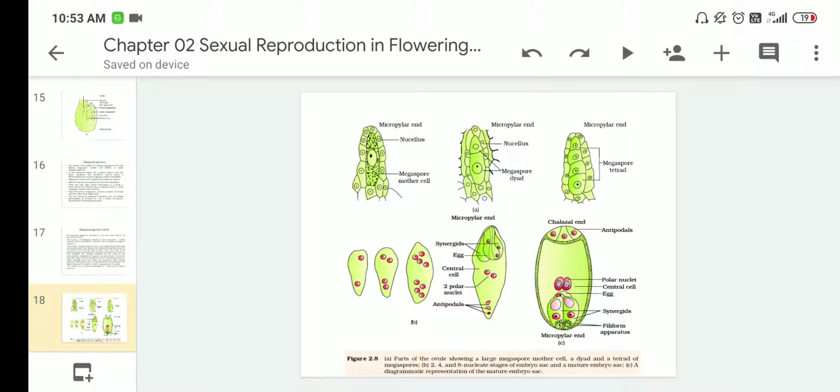Simultaneously, the nucleus also divides by 3 consecutive mitoses. Remember, here it is now mitosis. Once chromosome numbers are reduced by meiosis, they cannot be further re-reduced. So after the megaspore formation, the remaining nuclear divisions are mitotic only. So picture C shows the mature embryo sac with 3 antipodal cells, 2 synergids and the egg cell, and 2 polar nuclei at the center of the large cell.